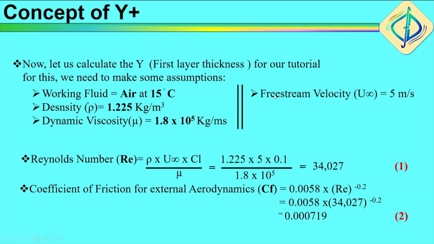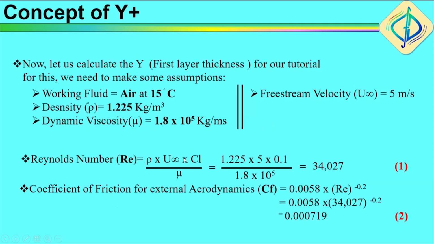second. Here, the main assumption is the free stream velocity that we are expecting. As the free stream velocity changes, your y plus value will also change. So just keep in mind, to calculate y plus, first you have to fix your free stream velocity value. As usual, first things first, we will calculate the Reynolds number as given by